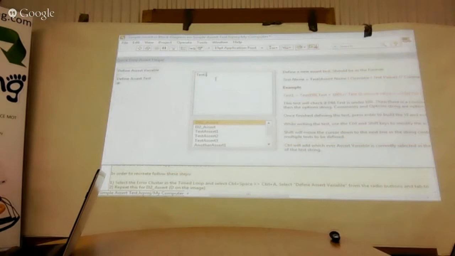So I can say test1 equals test, open brackets, and then if I want, I can basically select one of these asserts. So dbl_assert selected. If I hit Control Enter, then it adds that in, and then I can just say it's less than 100, and then I can put in an AND or OR operator, so I can put multiple asserts within the same string. So you can define quite a lot of stuff in there. What I'll do quickly is just copy and paste the string in from the block diagram. Hit enter,